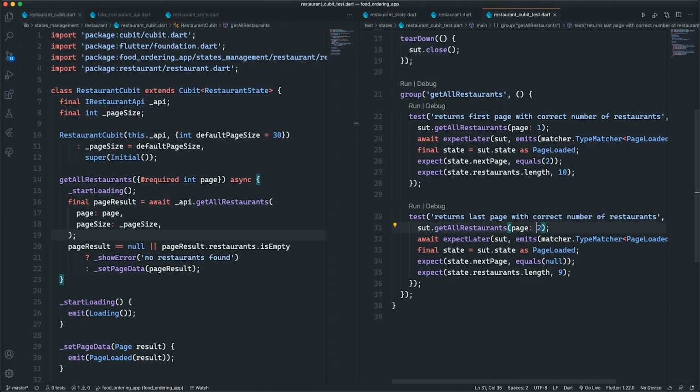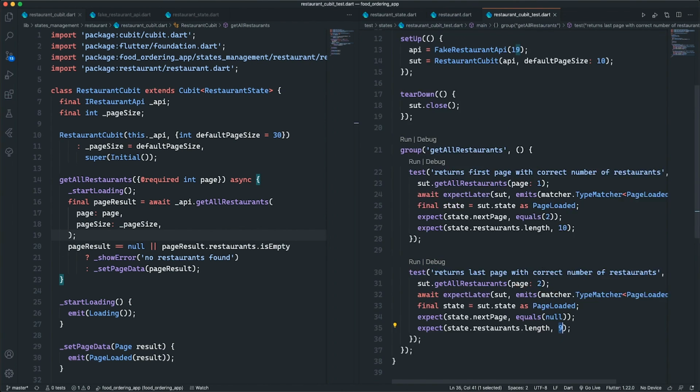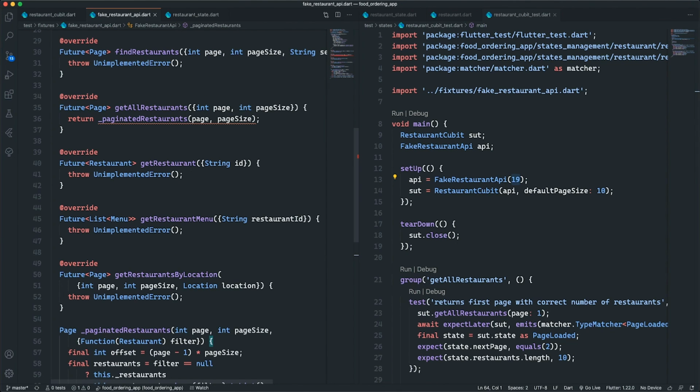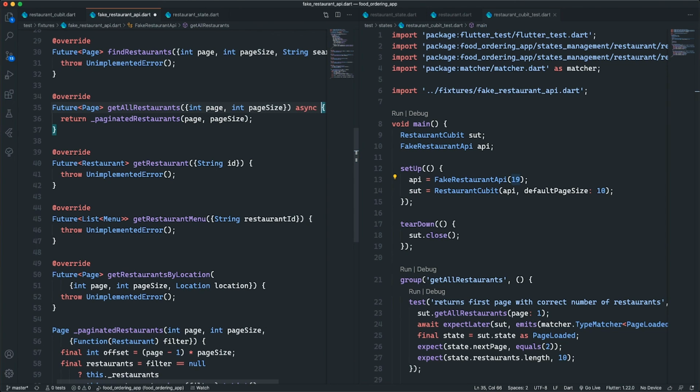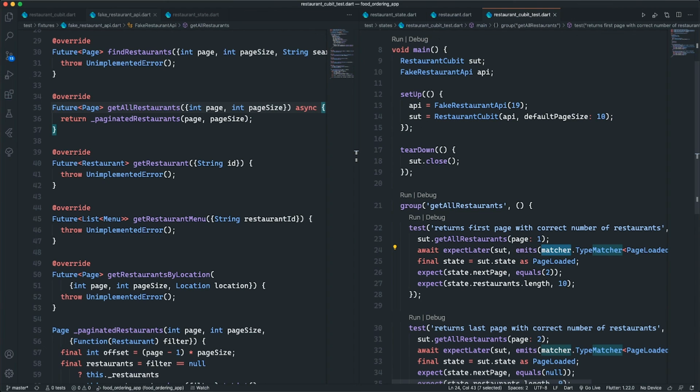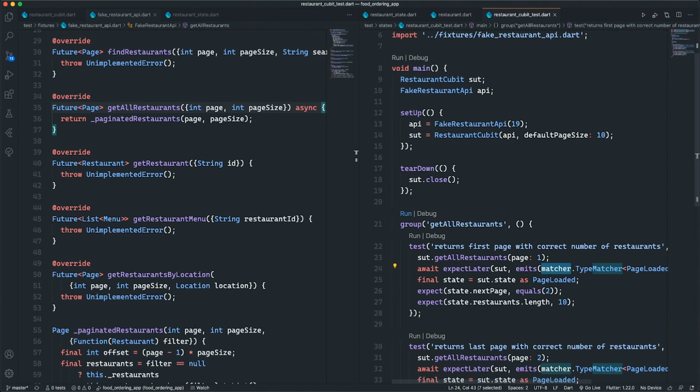The same thing goes for the last page. I expect page loaded, expect next page to be null since it's the last page, and I'll expect the result to be 9 since I am working with 19 restaurants. Now if I should go ahead and correct this error here by making this method async, and if you're wondering where this matcher comes from, it's a Flutter package that you import and namespace, then you have access to the type matcher. So if I should go ahead now and run this test,